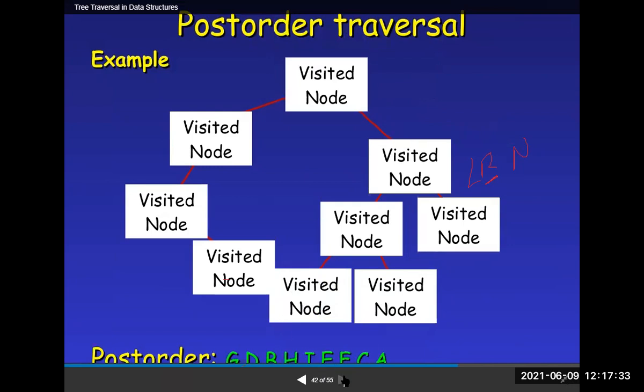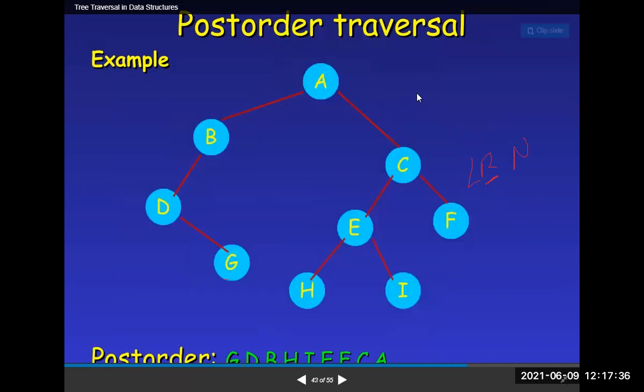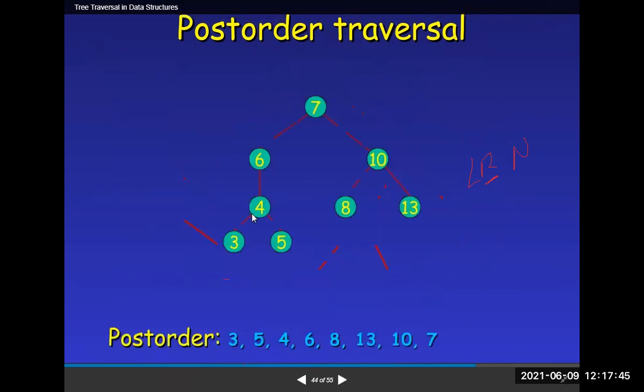Okay, any doubts, students? For this example, first we have to visit left. Here there is no left, so G. Okay. In this example, see post-order traversal. First give priority to left, overall left is 3. Then right is 5. Then parent 4. Then there is no right there, that's why directly 6. If there is a right, you give priority to the right. Then we move up, priority to parent, then there is a left, so you give 8, then right is 13, then 10, then the root. Here the root comes after the last one.